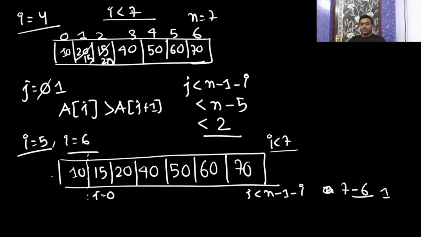Now is it smaller? Yes. Again you will compare, only one element will be there. So j will compare n minus 1 minus i. So 7 minus 1 minus 7, it will not get inside that. Okay, because i is your 6, is going to 0, means only one element, no need to compare, only one element.